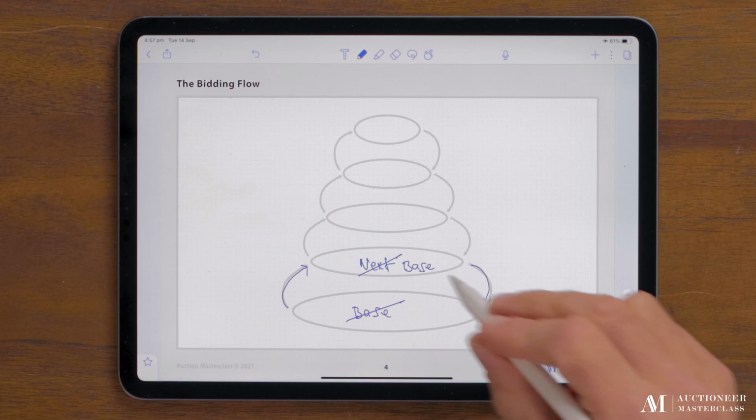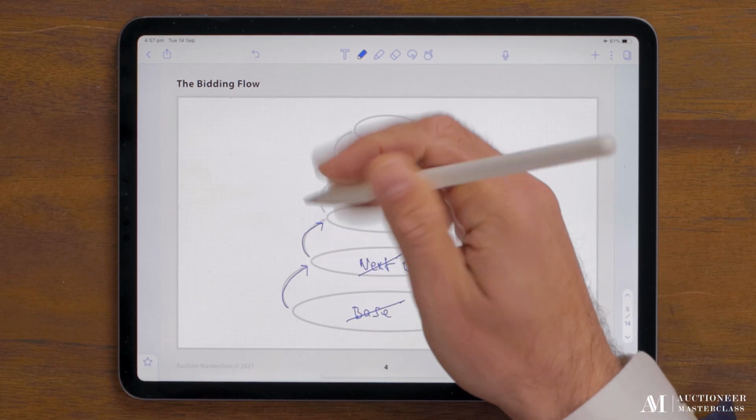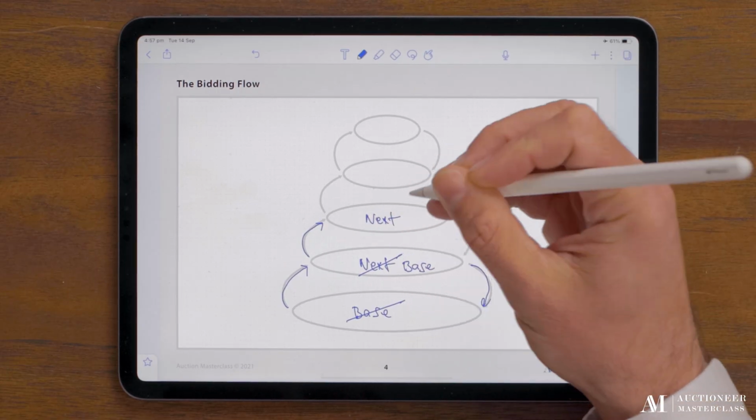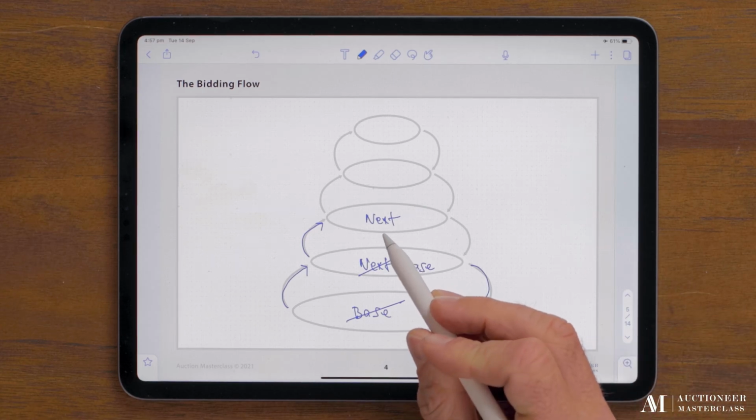At $1 million and $25,000, we welcome bidder number 7 in. Good luck with the auction. There's the new base. Calling for an increase to the family through the middle. You're in second place now. I welcome you back. There's the line. Calling for a rise of 25 to take us to $1 million and 50. The $1 million and 50 being the new next.